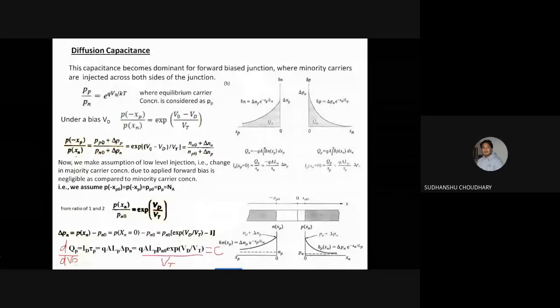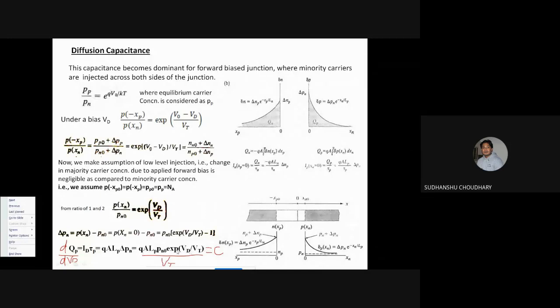It will become QALP Pn0 e to the power Vd by Vt divided by Vt. So if you take a derivative of this and say that e to the power Vd by Vt is x, and then the derivative of x,